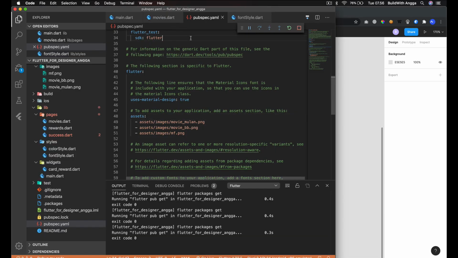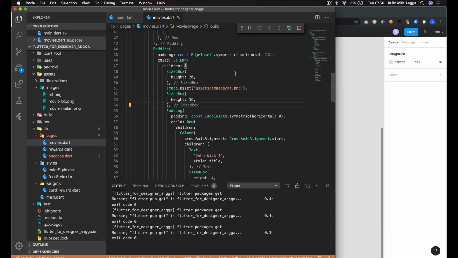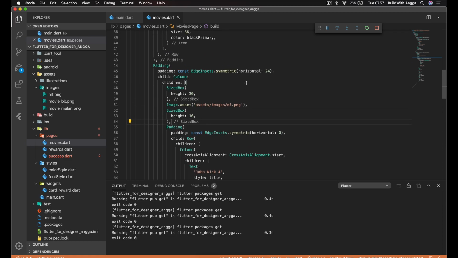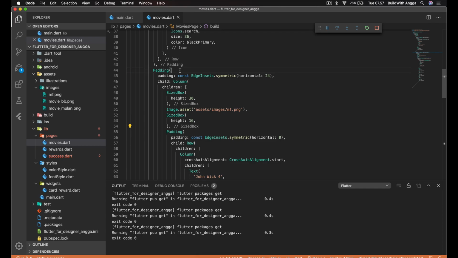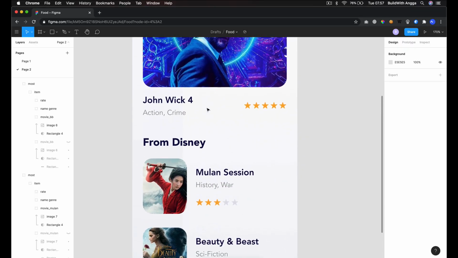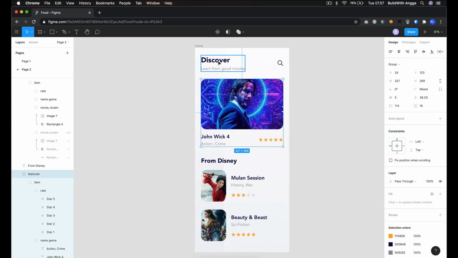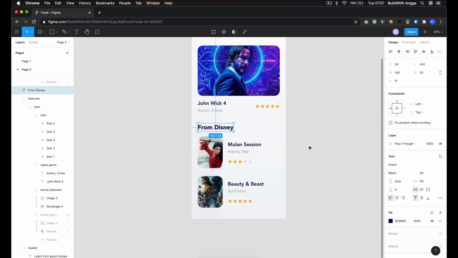Yeah, so in these movies, let me full screen. Okay, so we do have this padding, right? So actually this is a different section. Section 1, section 2, and then section 3.